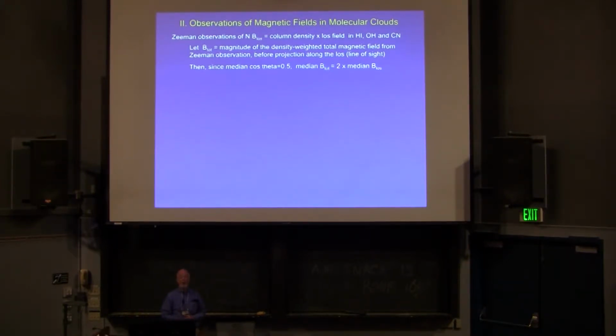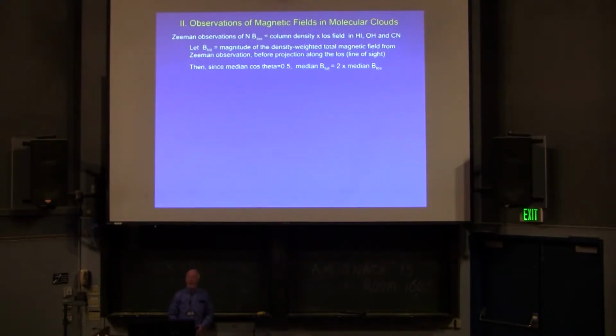So first, remember, I'm getting the integral of the magnetic field along the line of sight. So if the field, say, is going this way, say out there, there's the observer, then you get the actual magnetic field. Now, what if that's in part of the cloud, but in another part of the cloud that's in your beam, there's some magnetic field going that way? Well, these fields then cancel out. So when you do this integral of the magnetic field, you're taking into account the sign of the field. It's not just its magnitude.